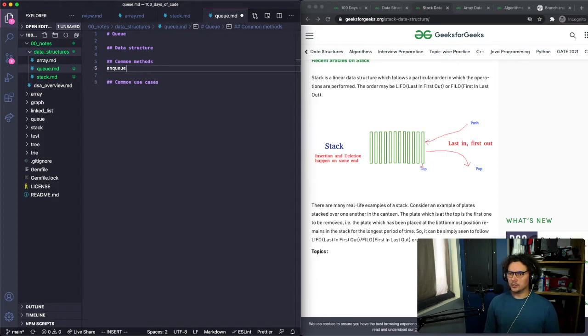Common methods are enqueue and dequeue. Enqueue adds an item to the end of the queue.